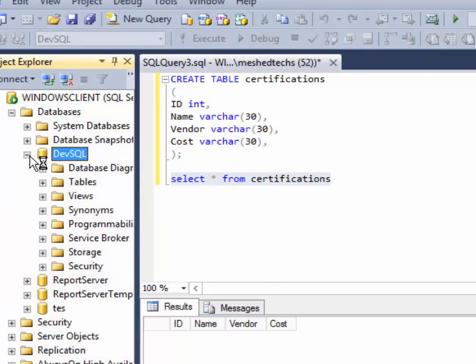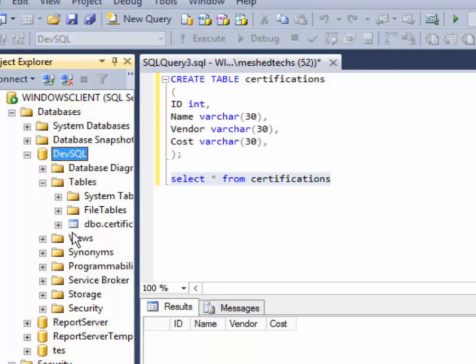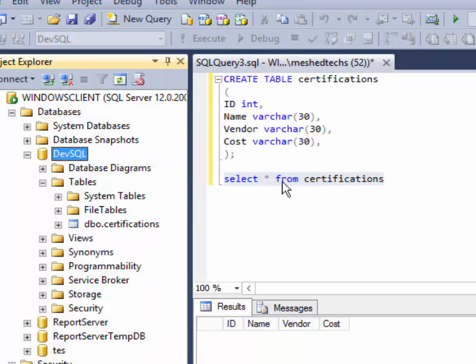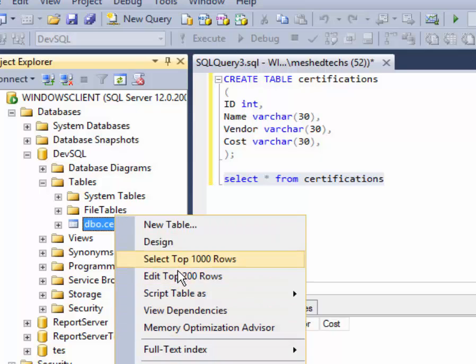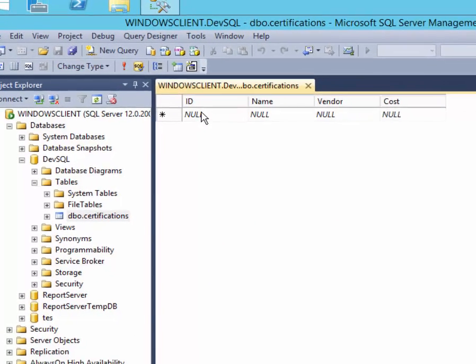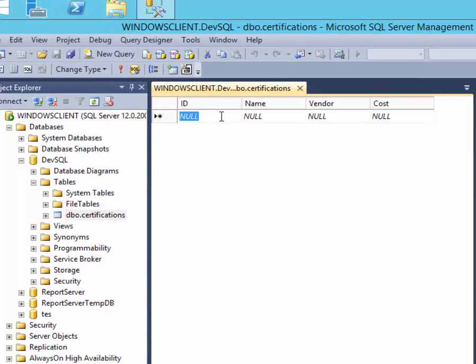So if you wanted to edit the table, and you want to put data in here, there's other ways to do it. You can do a website. That's probably in a later video, but let's just do this. We'll go to the database itself, under tables, and then find the table named certifications. We'll go edit top 200 rows, and you can leave this, go 1, and you push enter and it tabs it over. We'll go name, CCNA, vendor, Cisco, cost, I think it's like 250,